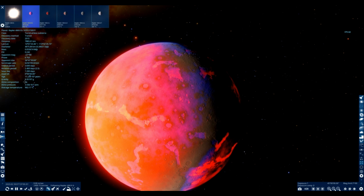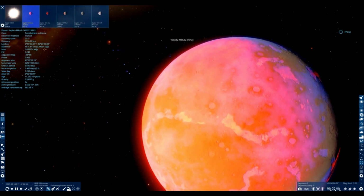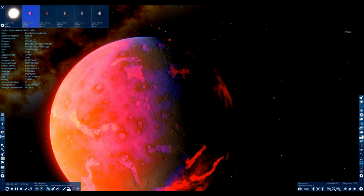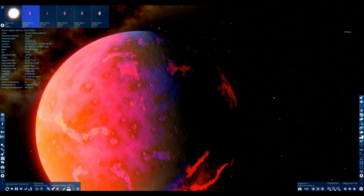And Space Engine also thinks the atmosphere composition is mostly xenon. It's almost 1,000 degrees Celsius, which is supposedly hotter than Venus, and it's 39% the size of the Earth, 5% the mass of the Earth, and it has an ESI of almost 25%. It's approximately 6.2 million kilometers away from Kepler 444a, and was discovered in 2015